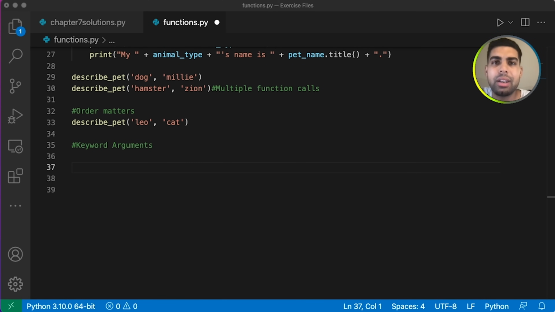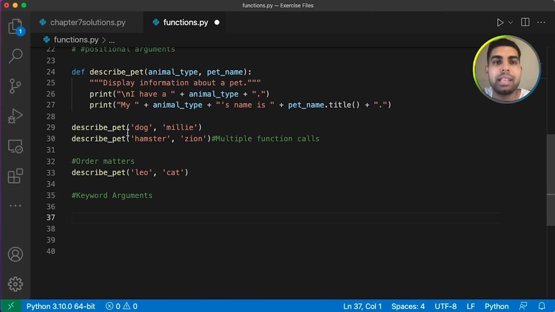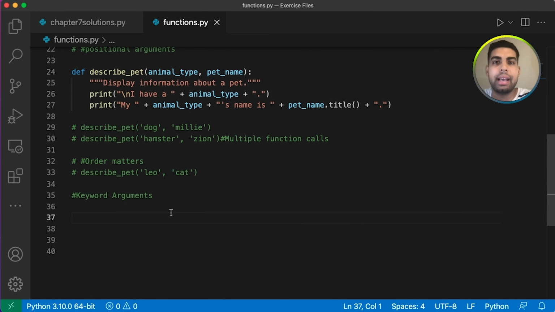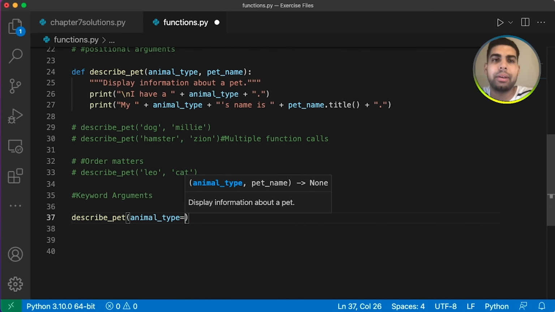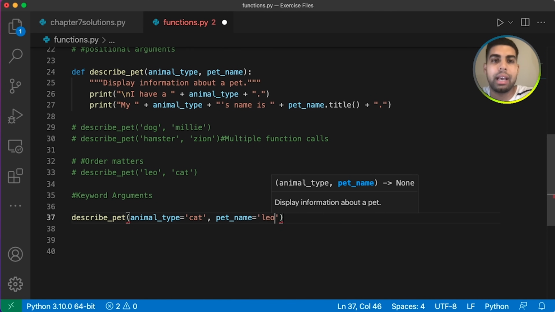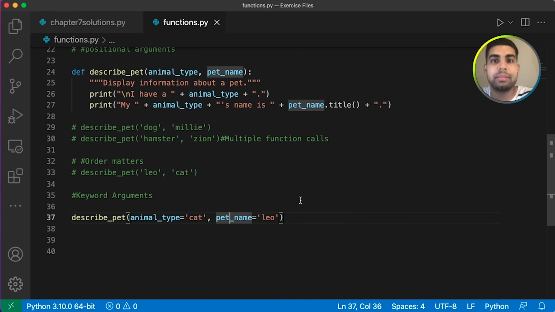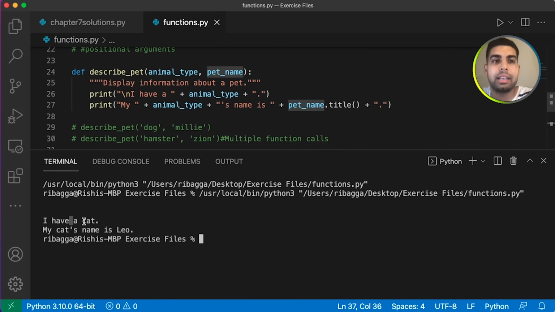So let's go ahead and rewrite our pets program using keyword arguments to call describe pet. What I'm going to do is follow through with the same program that I have here from lines 24 to 27. I'm just going to comment out this code here, and let's now begin. So let's call our function describe pet, and in here I'm now going to set my parameter animal type to cat, followed by my pet underscore name and Leo. Let's go ahead and run this, and you can now see I have a cat and my cat's name